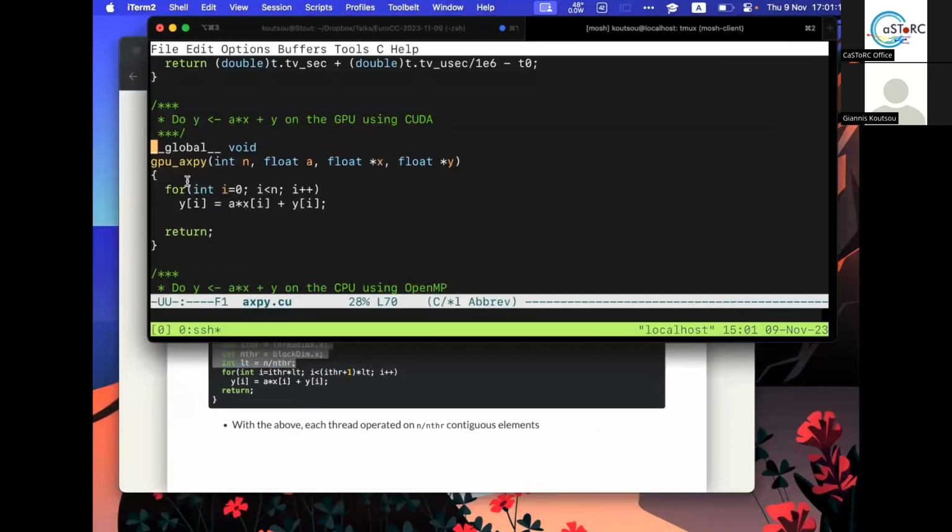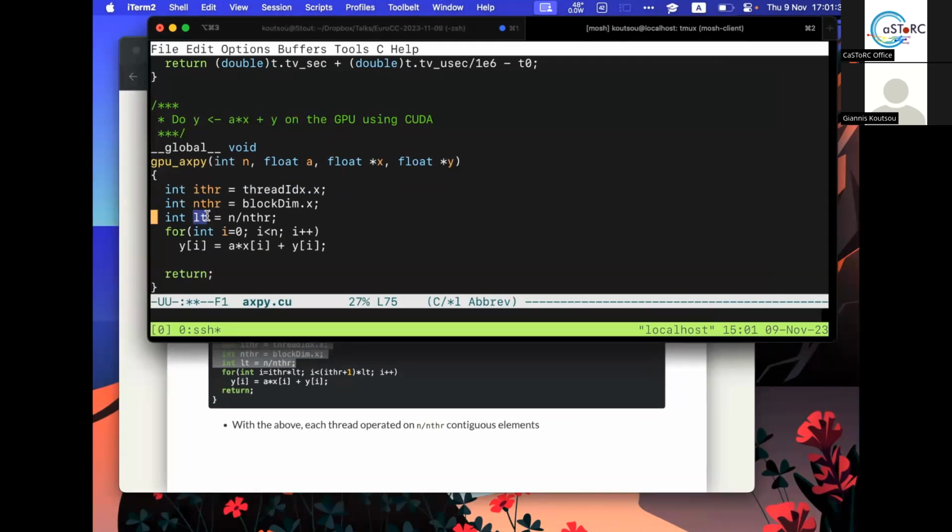Okay, so I repeat, this ithread is just the index of the thread. So for the first thread, it's 0. For the second thread, it's 1. For the last thread, it's 511. This nthreads is the number 512 for all the threads, right? It's just the size. And then this number here, LT,